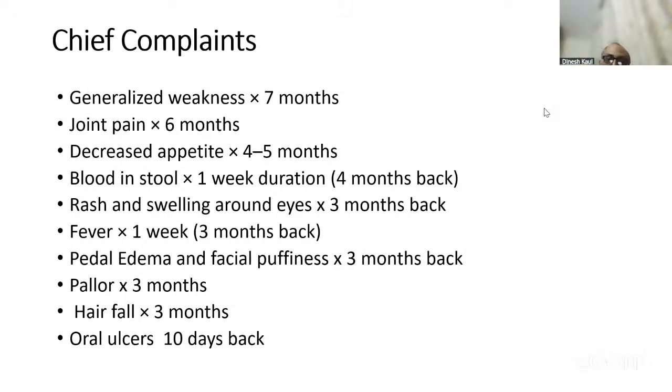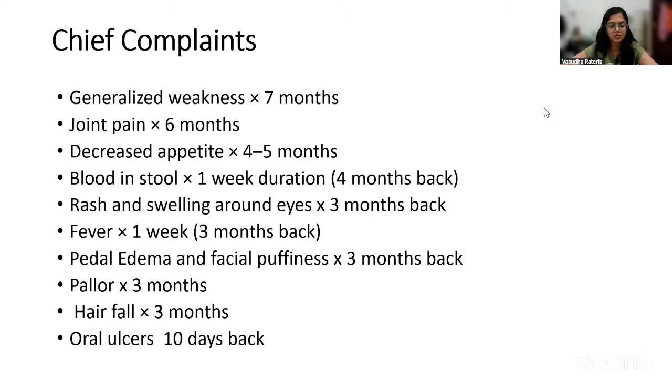Fine. There is no fever or anything like that. There is no antecedent URI that she had. You think this is a viral myositis? Post-infective, there can also be generalized weakness, but there was no infection, no viral prodrome. So possibly the weakness could be due to anemia?